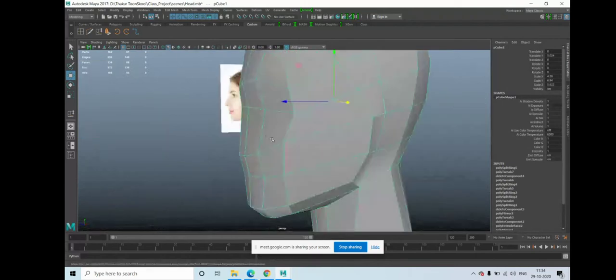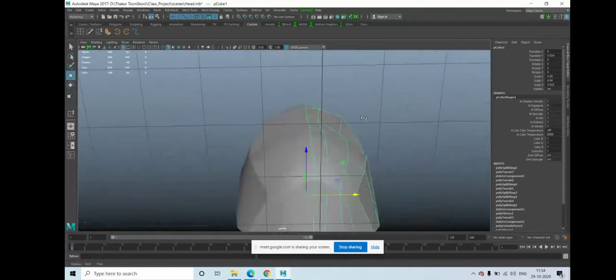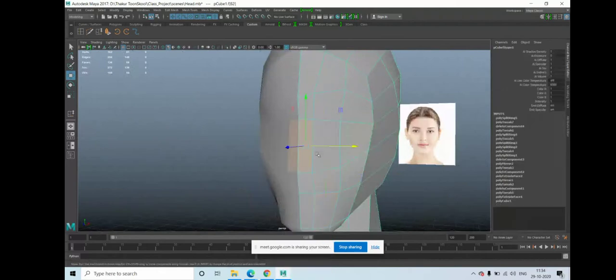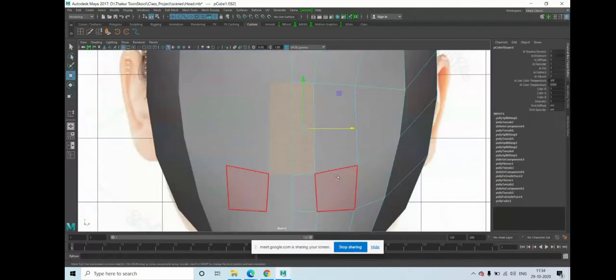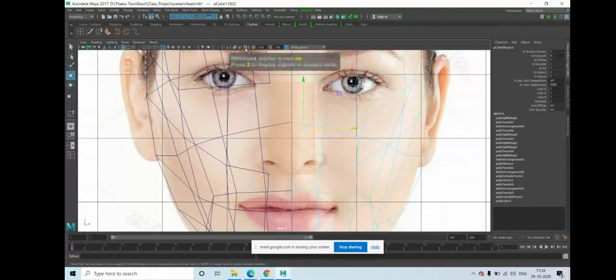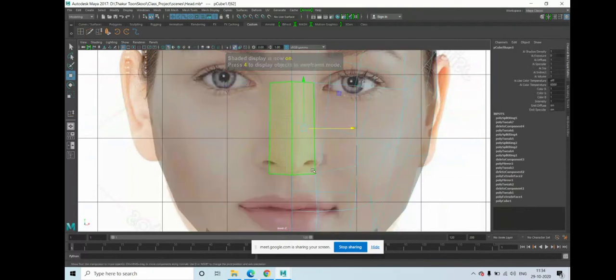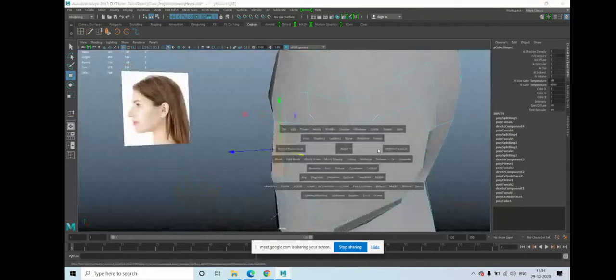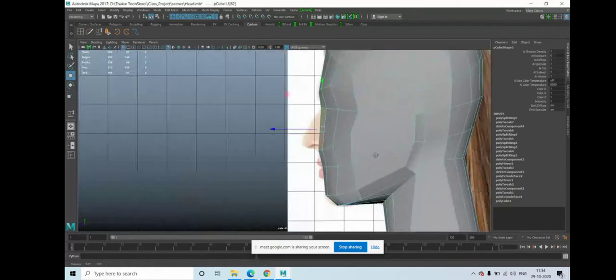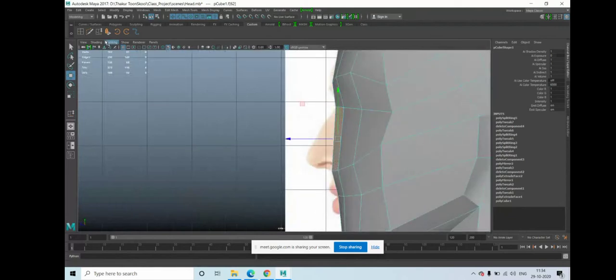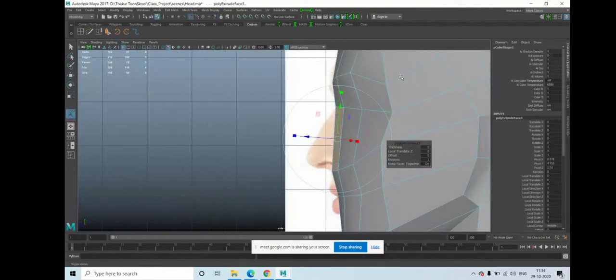Now let's create the nose. Okay. So this is the height of the nose. Just check from the front view. So this is the nose, right? The base of the nose, and this is the actual height of the nose. So selecting this, go to the side view, extrude in the global axis,